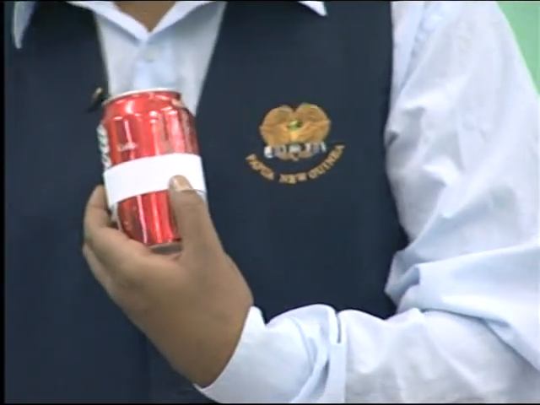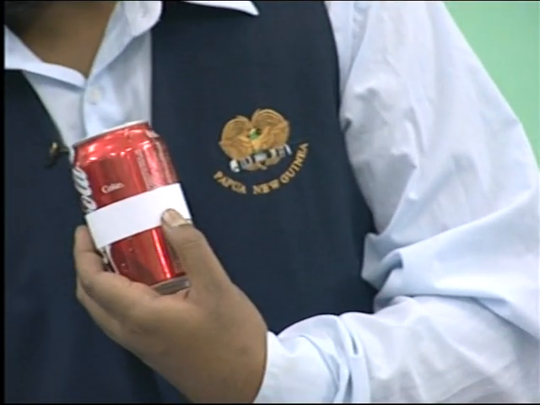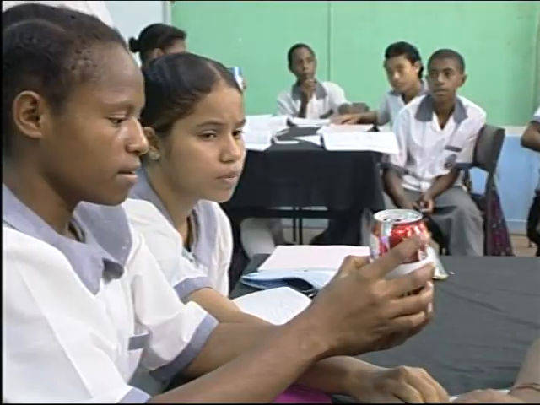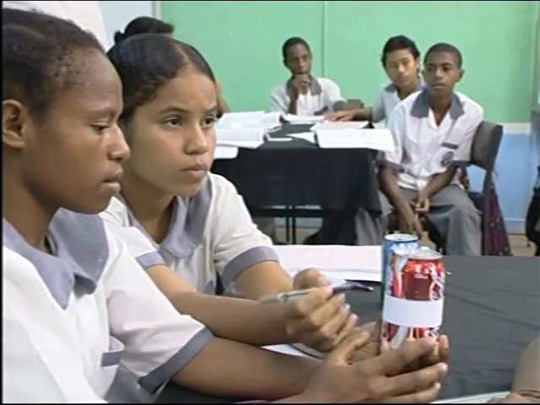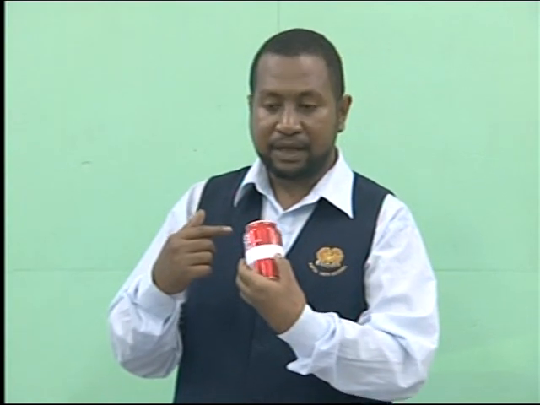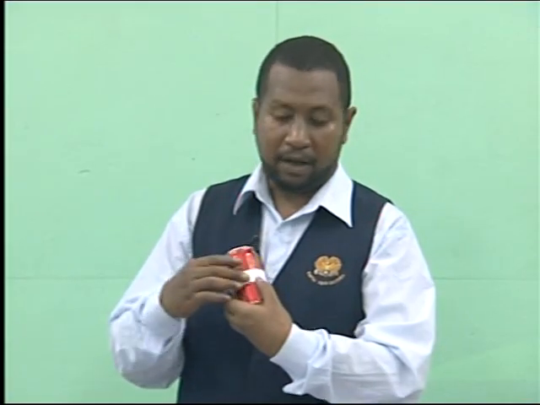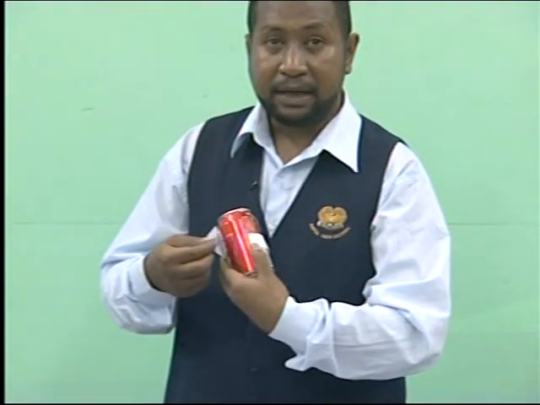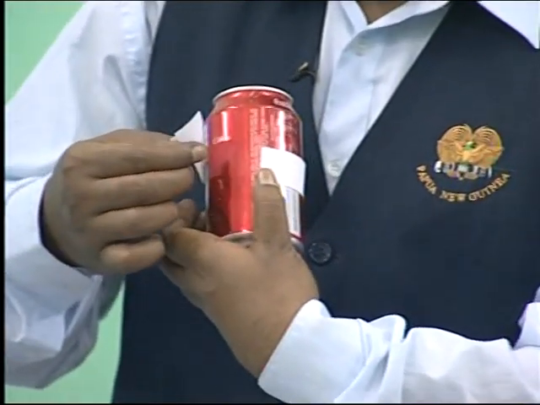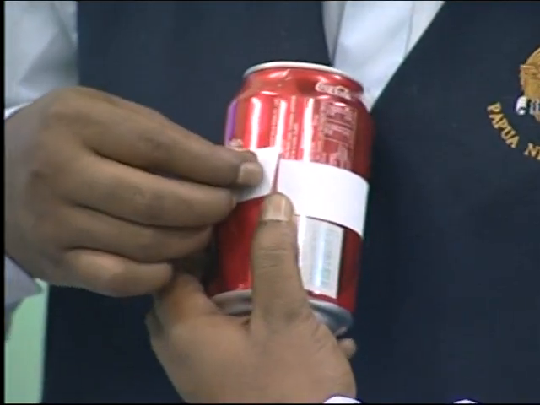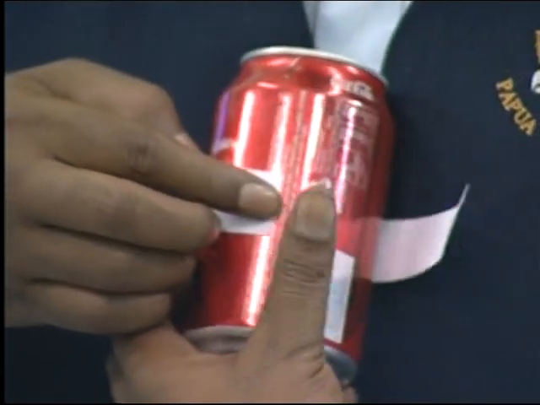Now, the next step, you get your biro and mark a point on the paper where it meets the edge of the paper. So you look at the strip of paper, and you put a mark where the first edge meets the other edge of the paper. For example, here, look closely at my strip of paper. This is the beginning of the strip of paper. As soon as I wrap around, and then when it meets the beginning of the strip of paper,